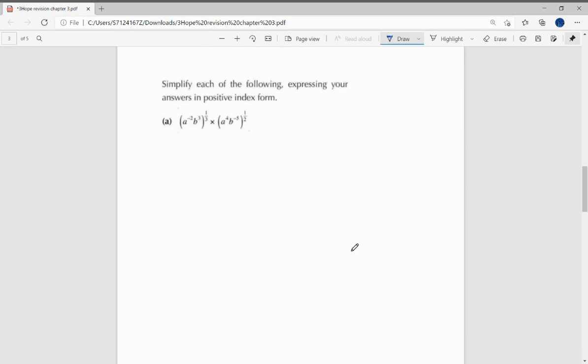I'm going to show you another example. This question says simplify each of the following, expressing your answer